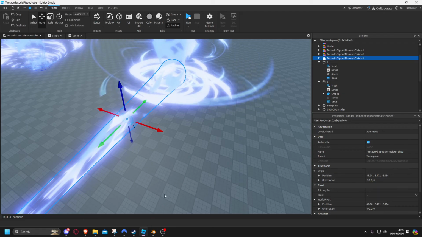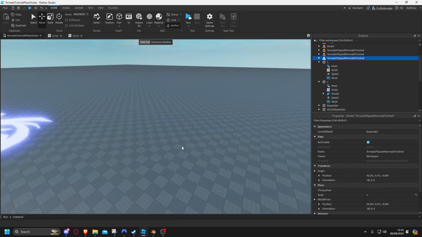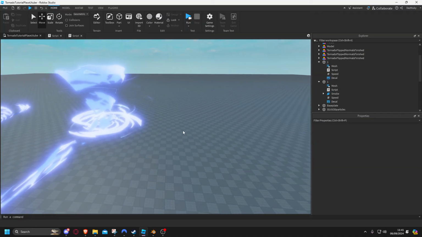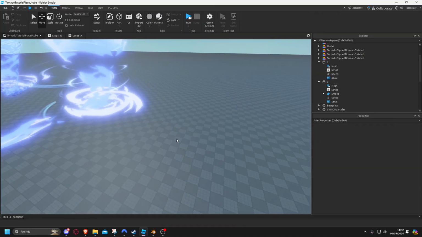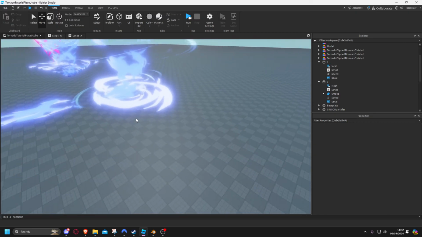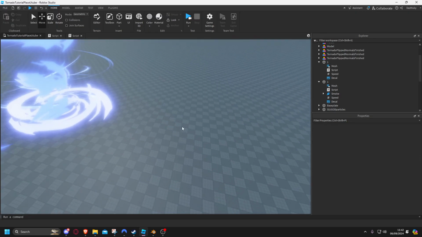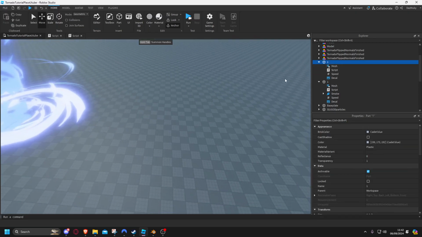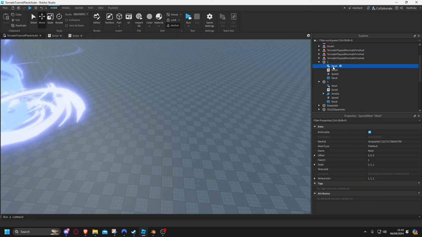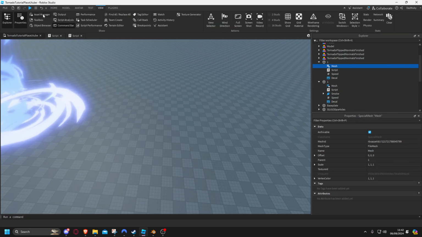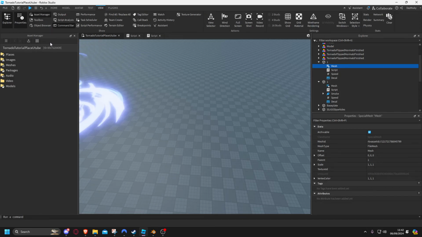After you do that, you want to come into Roblox. I'm not going to do it here just so that I'm not showcasing anything on my desktop. But what you want to do, when you're in Roblox, is create a part, and create a special mesh inside of that part, and then upload the mesh. You can do that by going to the View option and going to the Asset Manager. And if you press on Bulk Import,